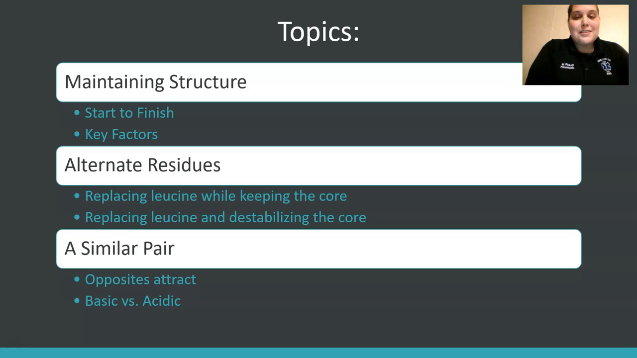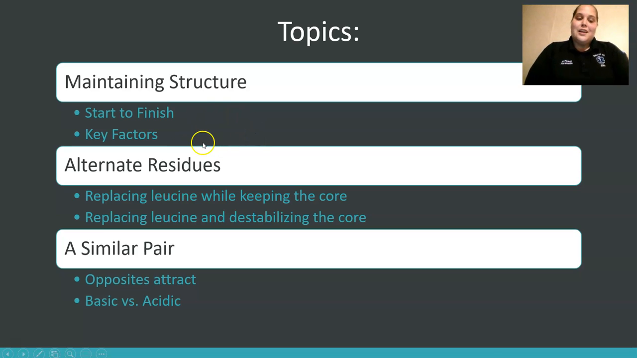So the topics we're going to be discussing in this presentation, to begin with, we're going to be talking about maintaining structure. We're going to be talking about start to finish, all the way from amino acids to quaternary structure. And then we're also going to discuss the key factors or principles that allow the alpha helices to stay together. But in general, in order for the alpha helices to stay together, we have to talk about the entire zipper